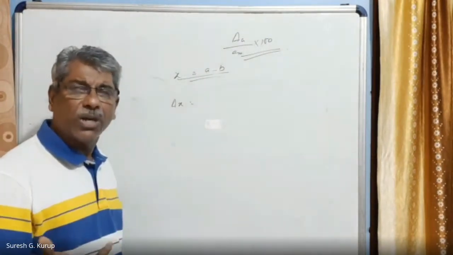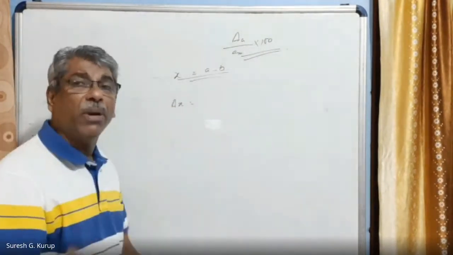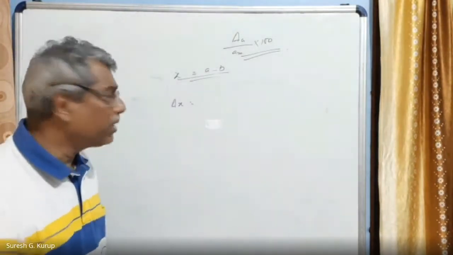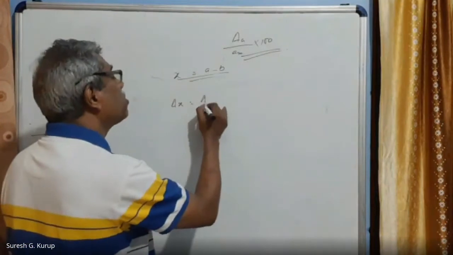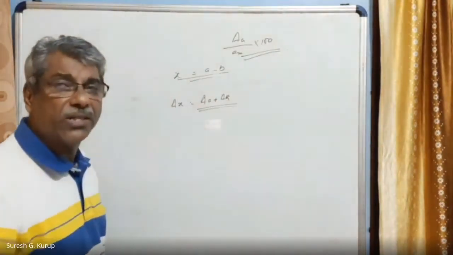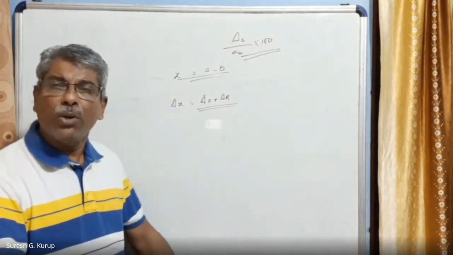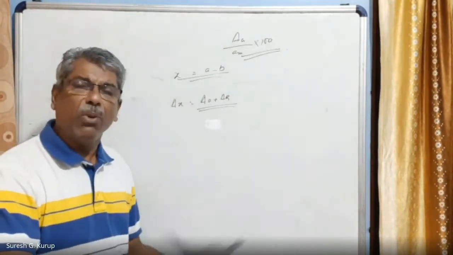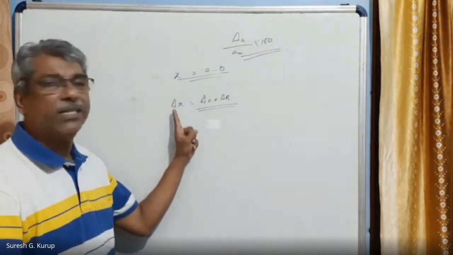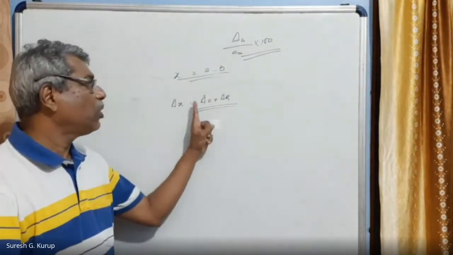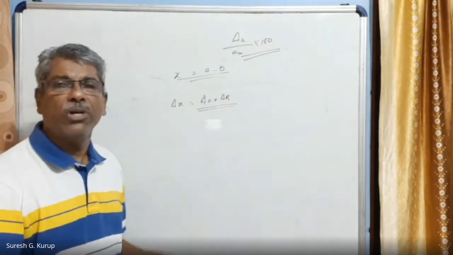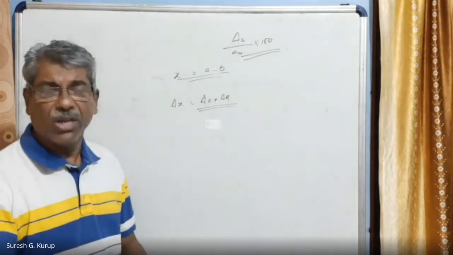You are actually subtracting the real values only, but the errors are always added together. Then the maximum absolute error in this case is also equal to delta A plus delta B only. When two quantities are added or one quantity is subtracted from the other, in both cases the total absolute error in the combination is given by delta X equals delta A plus delta B, the sum of the absolute errors in the individual quantities, right?